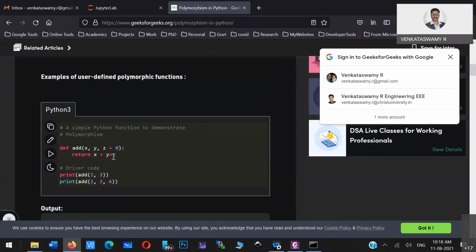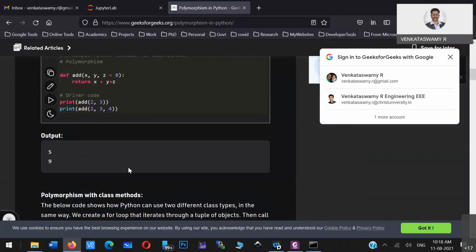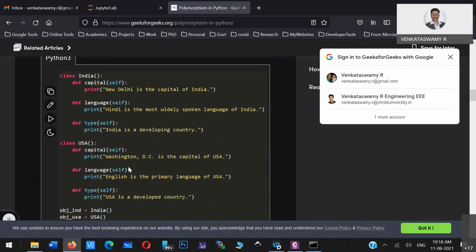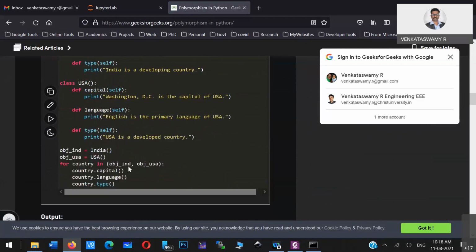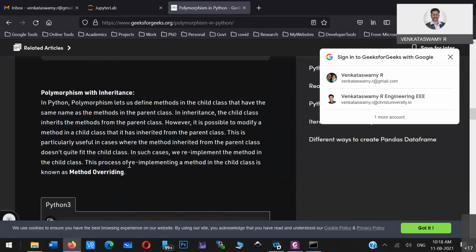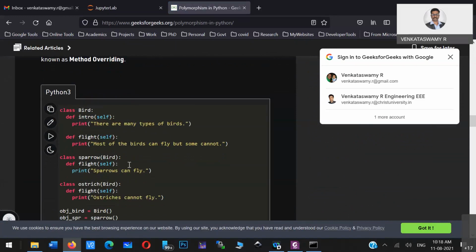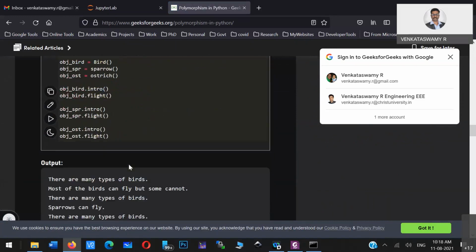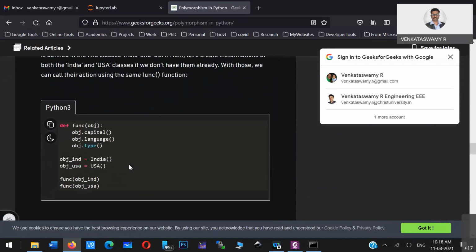So they have defined a function, and then they have two functions. But we want this function name to be the same. Oh, but it is there in a different function object.